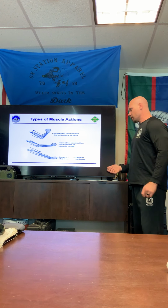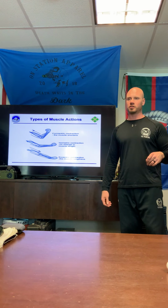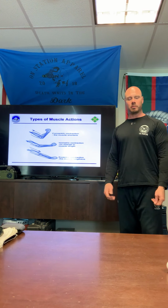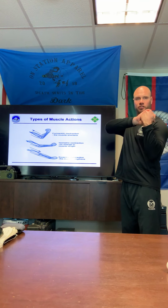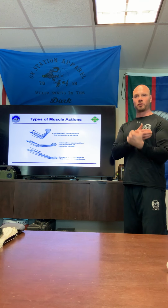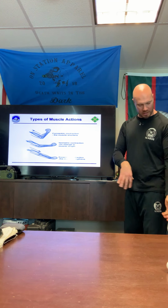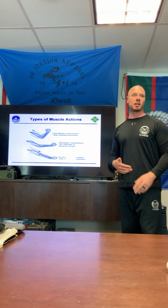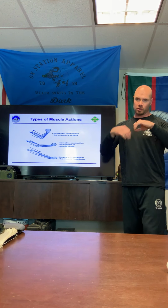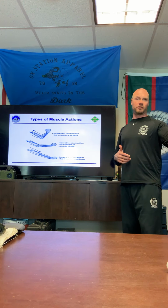So another reason we do that is, and we saw this when Snyder did the manual resistance with me, when I'm in that shortened position, so if my arm is here and somebody tries to pull it this way, I'm up to 40% stronger holding against that than if you start with my arm here and you pull this way. You guys probably feel that a lot when you're in your combatives. You know you're in a strong position in here, but if you get that arm extended, and you're fighting off an arm bar,